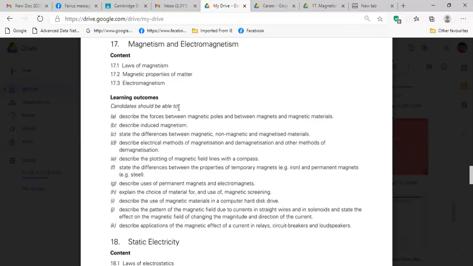Then it is called induced magnet. For example, generally iron paper clips don't attract each other, but if we bring one iron clip closer to a magnet,